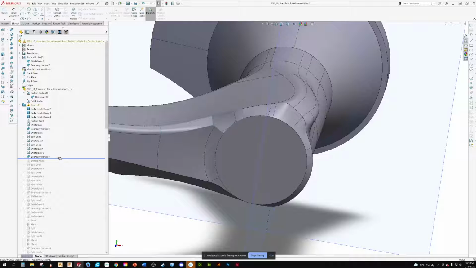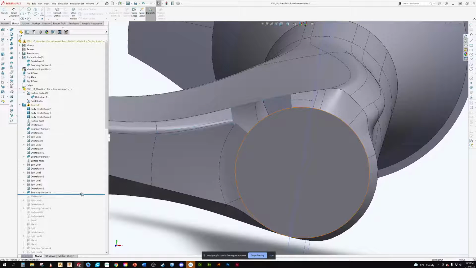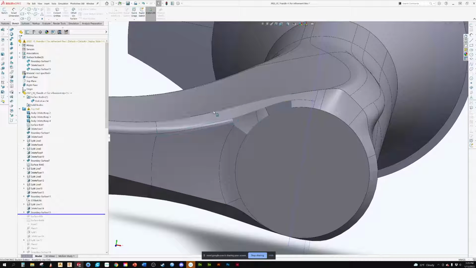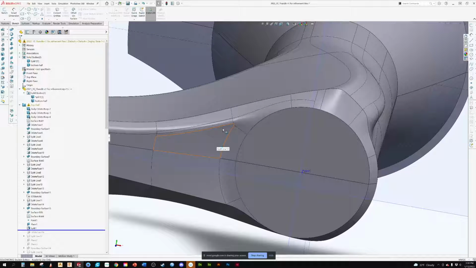So keep trimming, deleting, pulling things away to try to clean it up. You can see here I've added in a radius via the surface because I have to transition there. I took this area and I patched it and I filled that in. Then I started patching in the surface fill. Now at the same time,